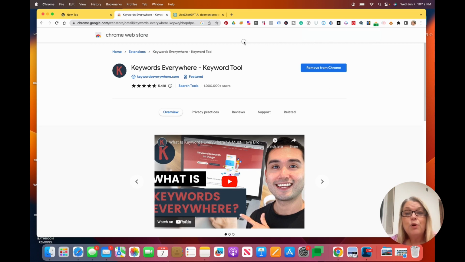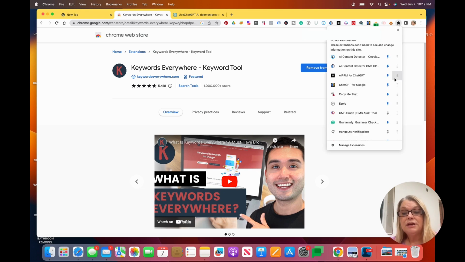And then once you get all that, you're going to see in your toolbar up here a bunch of little icons. And so this one here that looks like a little, I don't know what that is. But anyway, whatever that is, you're going to click on that and it's going to give you a list of all of your extensions. So I have the AI content detector on here. I have another AI content detector, this is my favorite one. This is